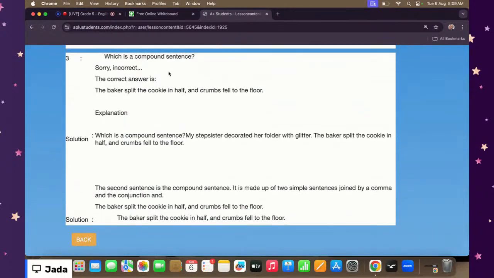Which is a compound sentence? The baker splits the cookie in half and crumbs fell to the floor. Now, this sentence has comma and conjunction. So, obviously, it is a compound sentence, but this cannot be a simple sentence because it already has the conjunctions, it has the comma, and it doesn't have an introductory phrase. Okay,